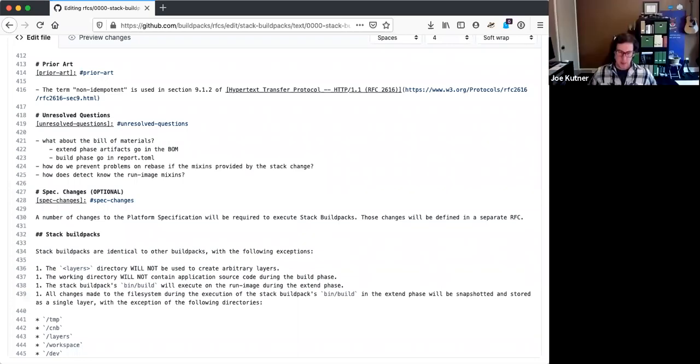Yeah, another example, the inverse example might be libpq dev, where the run image has libpq, and so you just need to install it and build. Well, no, I guess maybe that's not a good example because you'd have run : build :